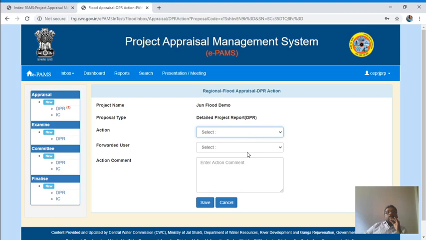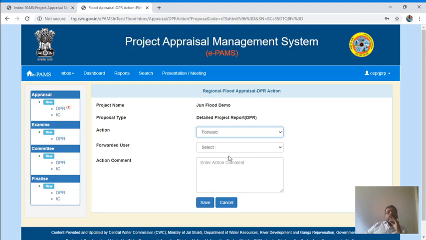Here just forward. Return. Suppose DS card has sent you by mistake, then you can return it to DS card by using the option return. Return means you are just returning to the previous officer, because you can give a reason that you have sent me wrong, then that person can send to another officer.